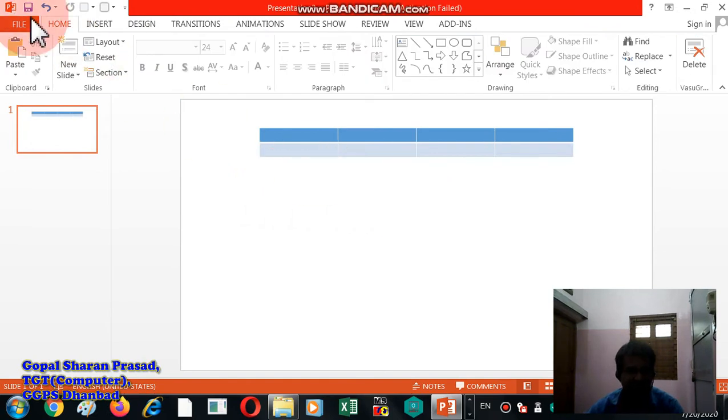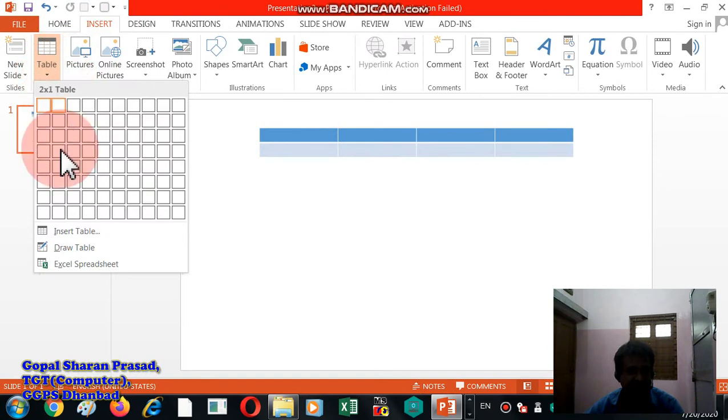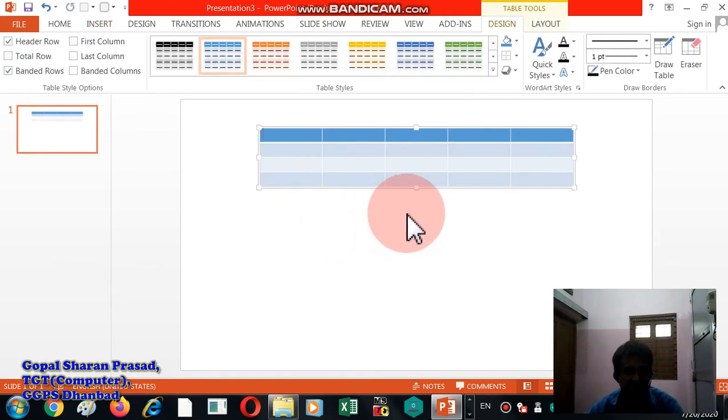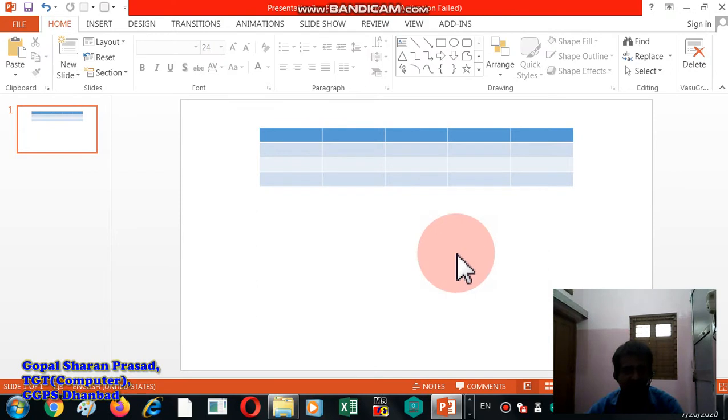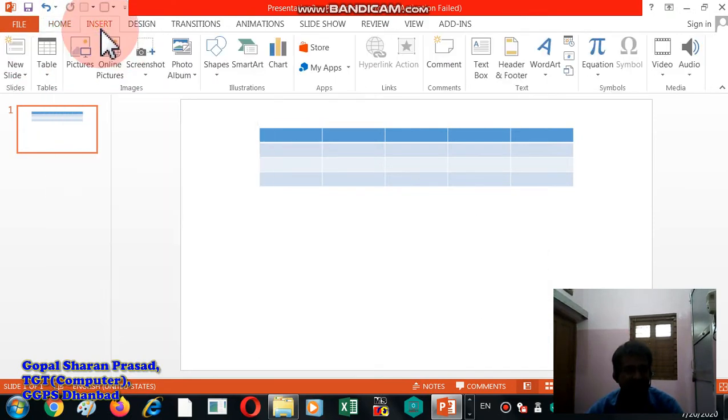Second option, insert table, specify row and column. Okay, or if you wish you can draw it. Insert table, draw table.